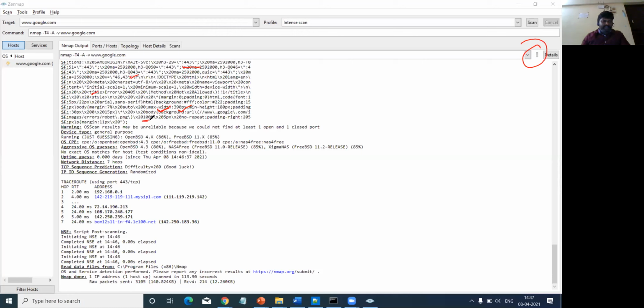So these are the different intermediate devices through which it is connecting. 192.168.0.1, again the intermediate routers. It may take time, depending upon the device and the website.